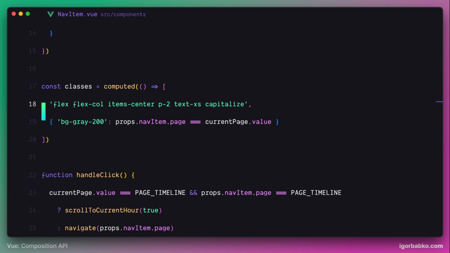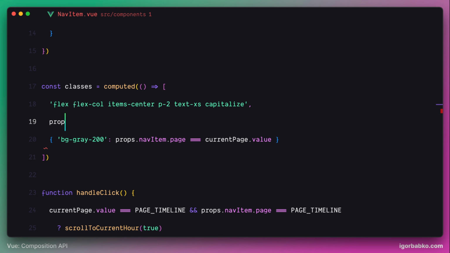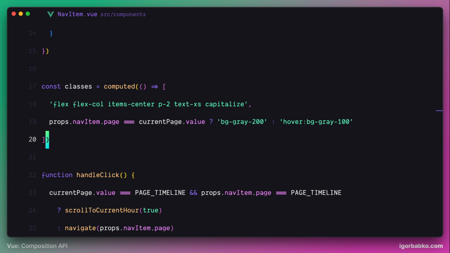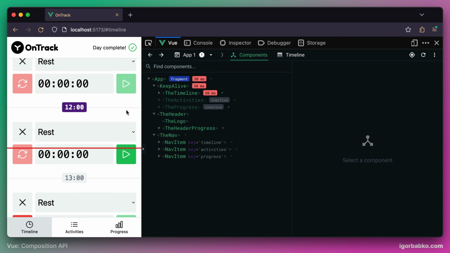So instead of just assigning the bg_gray200 class conditionally based on the following condition, we're going to use the same condition and still assign this class if the condition matches. But if it does not match, we're going to use another class, which is going to add a slightly gray background color when hovering over now item. Let's get rid of the following object, switch over to the browser, and as we can see, when I hover